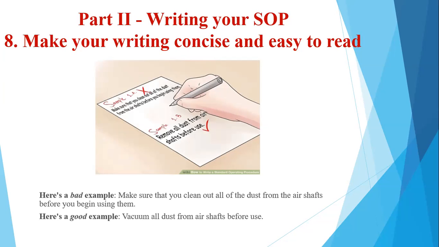We don't want any negativity. We don't want any instructions to be given again and again, as that is already being done by the supervisor also. How come you are different from them? So better to mention what is required. That's where you need to be very short and concise. It should just give the procedure, what needs to be done, and not the instructions as if a supervisor is there telling you what is to be done next. So make your writing concise and easy to read.